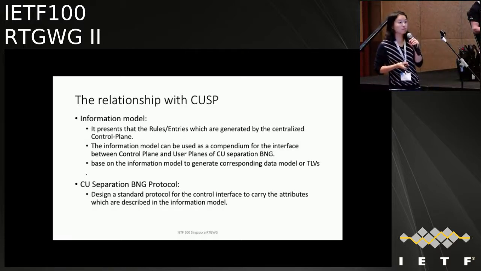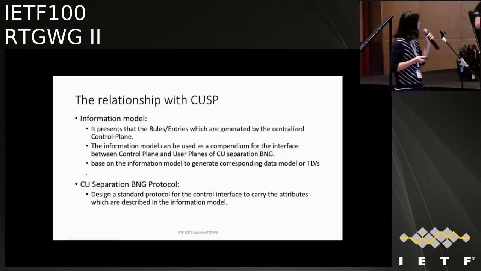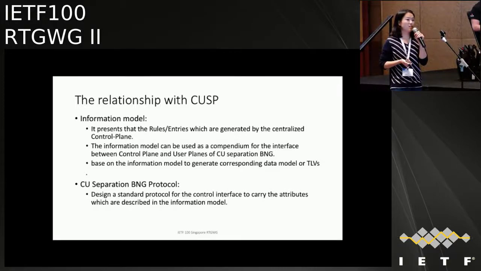Just a comment or question. The DMM working group is actually working on information as well as data models for control data separation of mobile gateways. I wouldn't be surprised if many of these attributes can be reused here. So please have a look at this pretty mature draft before you bring up something new. You said the DMM working group? DMM working group. Okay. The draft is draft-ietf-dmm-fpc-cpdp version 9 at the moment. Okay. And if you just post that to the RTGWG list, that would be good, to just point that out in a nice way.